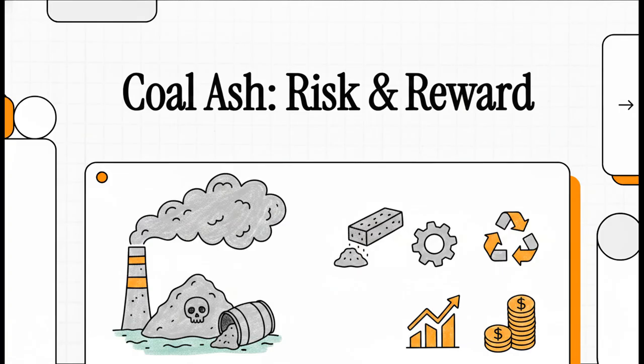Absolutely critical, yet somehow it often gets completely overlooked when we talk about the electric utility sector. We're digging into the SASB framework, the Sustainability Accounting Standards Board, specifically looking at how electric utilities and power generators manage a massive industrial paradox, coal ash. It's this wild story of hidden risks, really surprising rewards, and the specific accounting metrics that actually hold the industry